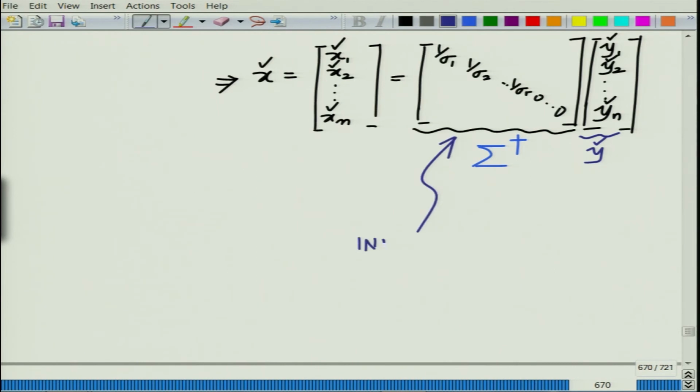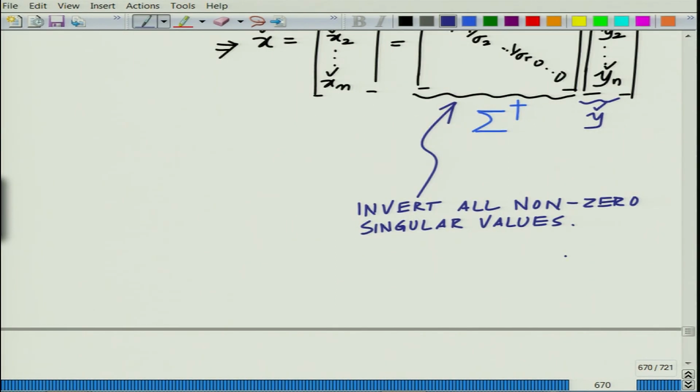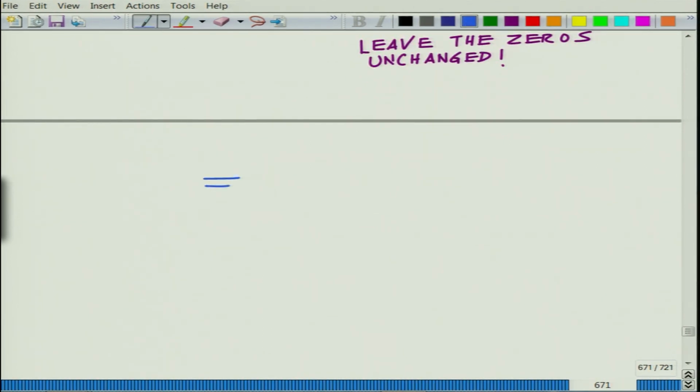Essentially invert all non-zero singular values, right, all the non-zero singular values you invert, okay. The rest, the zero singular values, leave the zeros unchanged. Leave the zeros unchanged, and that implies essentially that you have this nice solution where you have x check equals